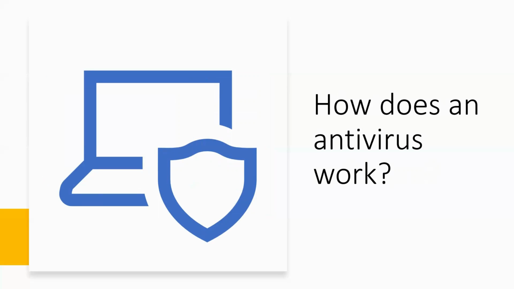How does an antivirus work? After installing an antivirus program on your computer, it should automatically start each time you boot your computer. If the antivirus program does not run in the background, your computer is not fully protected. Right-clicking or double-clicking the antivirus icon opens the program and allows you to manually start a scan and view other available options.